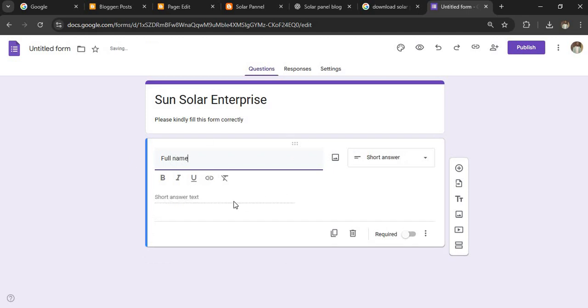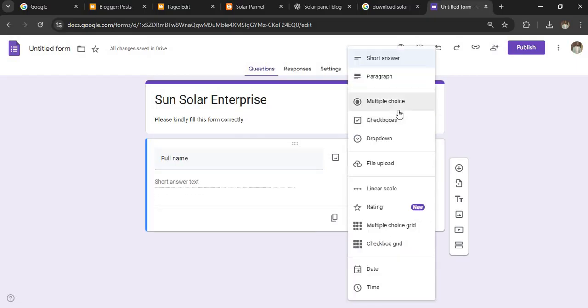So automatically the answer will be short answer. Let me explain this thing. Click, you see this where the row is the short answer. Click on it. We have the paragraph, we have the multiple choice, we have the checkbox, we have the drop down, and we have the file upload. The short answer is, if you want your customer to just provide you a short answer, you choose short answer. If you want your customer's answers to be like a paragraph, you have to choose paragraph,